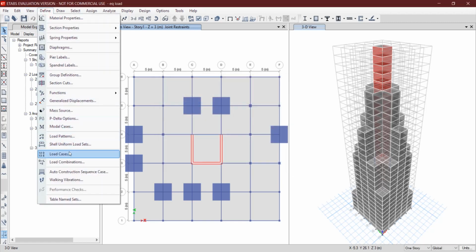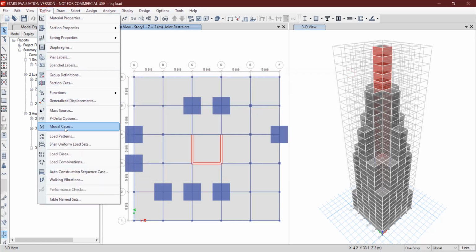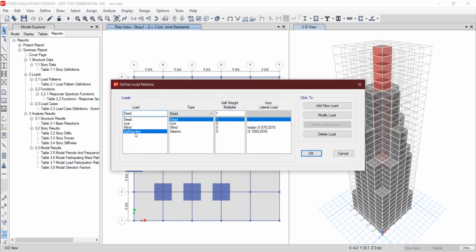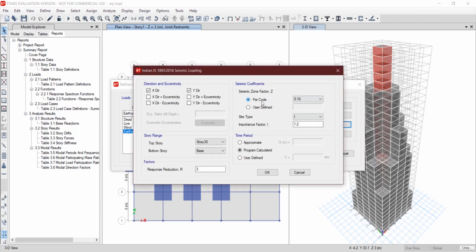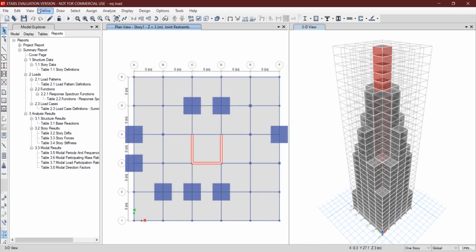Then make sure that the load cases and load patterns are already defined. In load pattern, the earthquake load should be defined already, and make sure that this is as it is. And then you have to add the response spectrum function.